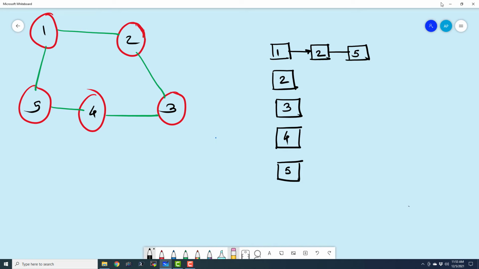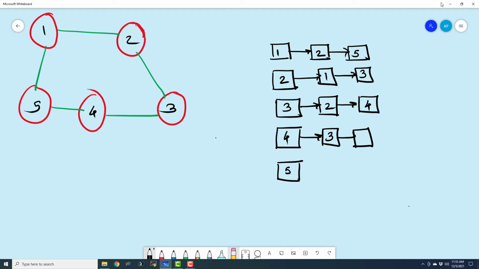Similarly, 2 is connected to 3 and 2 is connected to 1. So 1 and 3. And then 3 is connected to 2 and 4. 4 is connected to 3 and 5.